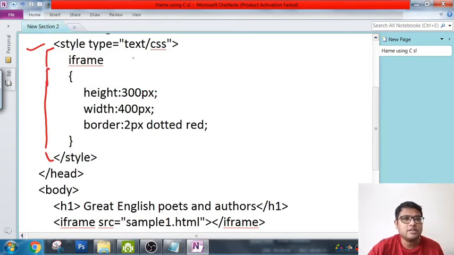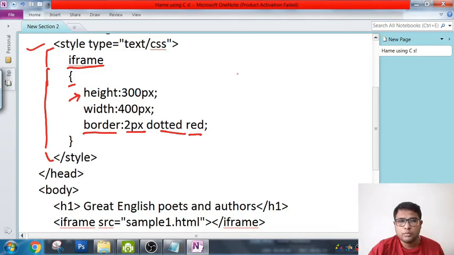Here I have written the CSS code for iframe. So I have written iframe here, then I give a curly bracket. I have given height 300 px, width 400 px, and border I have given 2px dotted red.